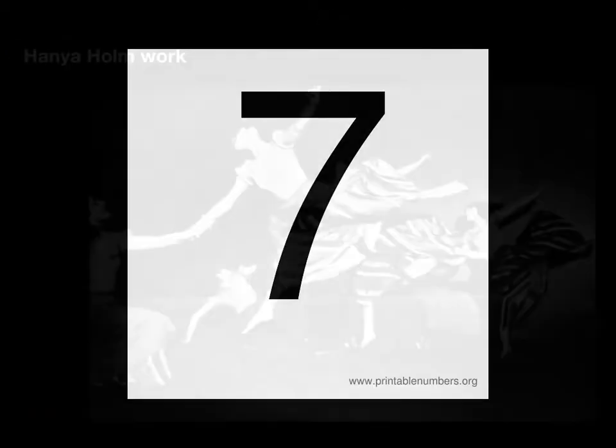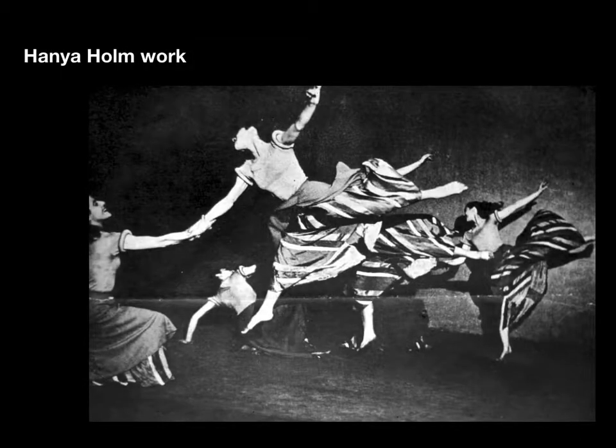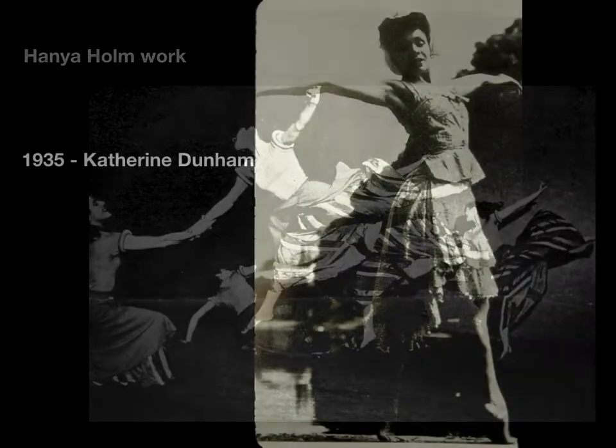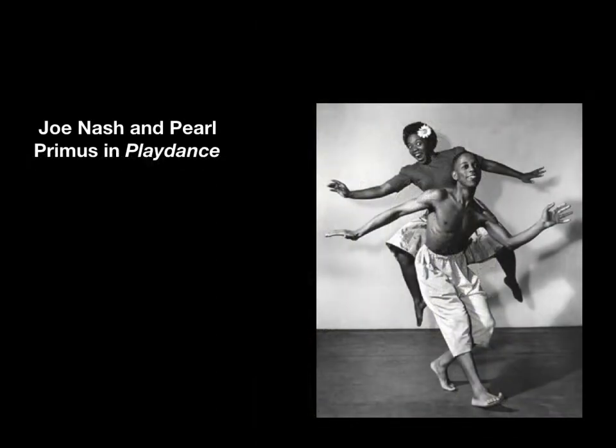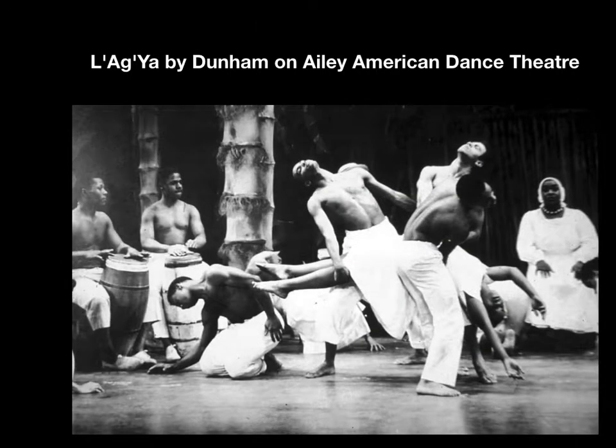Number 7, access and limitations to training. During the 1930s, European American modern dancers managed to participate in and create a sustained system for training themselves as artists, training other artists, and developing a small patronage for their productions, and actually developing a small audience base. This would not be the case for many modern dancers of African American descent,